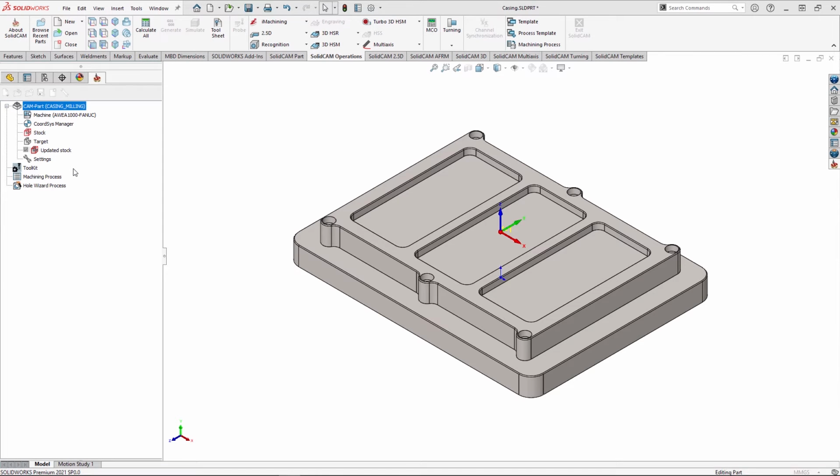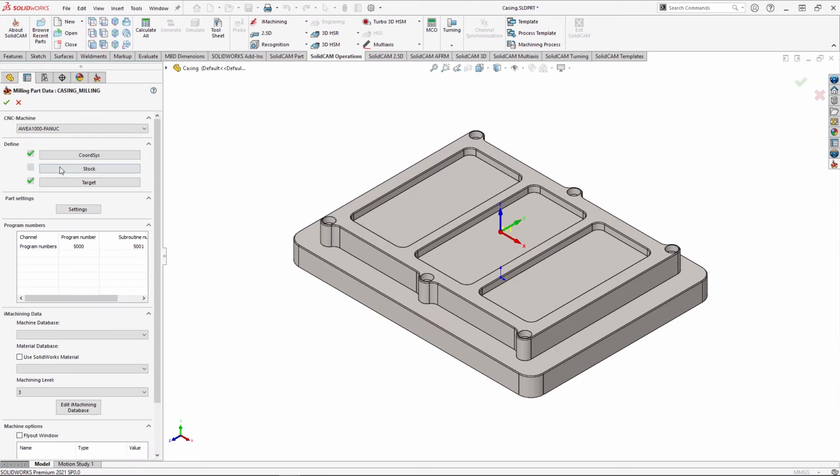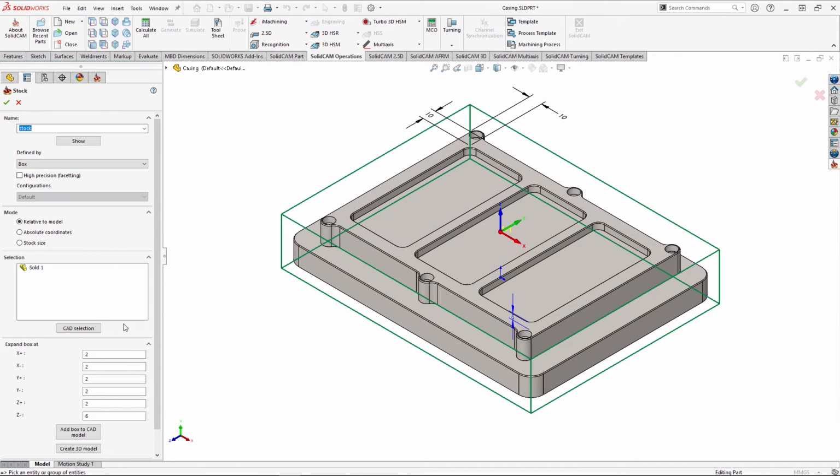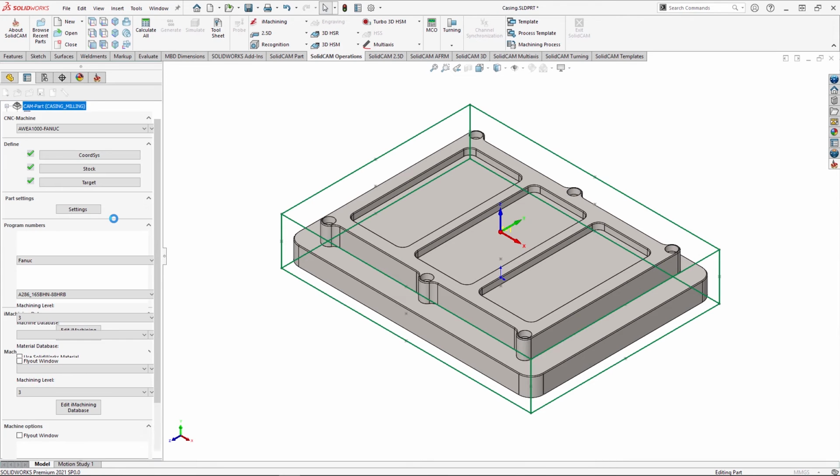Moving on from that, we can then also get the stock that we may want. So stock can be gotten in a number of ways. We can go and get a 3D model from SolidWorks, a configuration from SolidWorks, or simply by just clicking the part, we can get a box around the extremity. And you can see in this case it's added 2mm in the X, 2mm in the Y, and 2mm in Z plus, 6mm in Z bottom. All really easy for you to get. And if you wish, you can add a box to the CAD model as well, outlining where the stock is at all times. Once happy with the size of model you've got and the stock, we can again press tick.